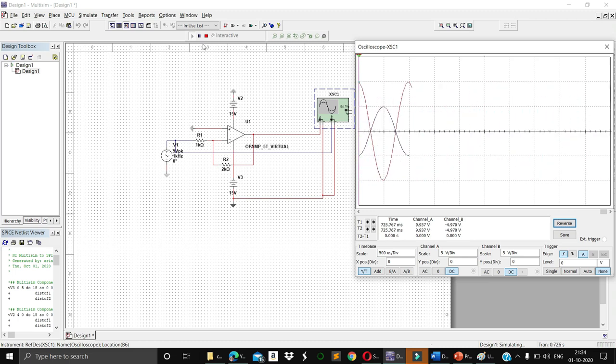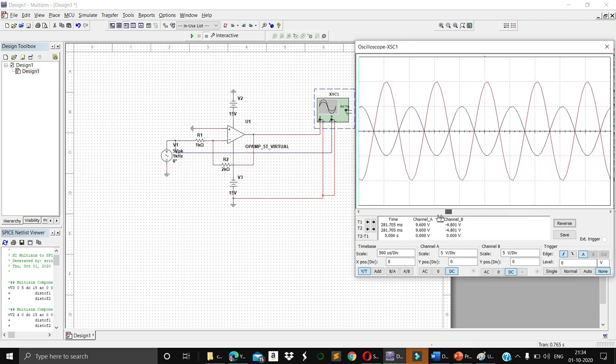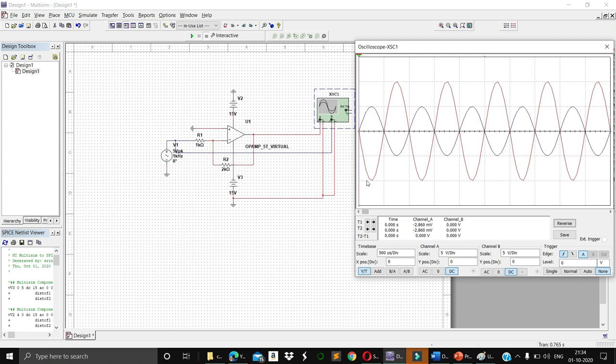To observe it clearly, please stop the operation, then scroll this bar, and you will see my input waveform. You can clearly observe that the input waveform is in blue color.